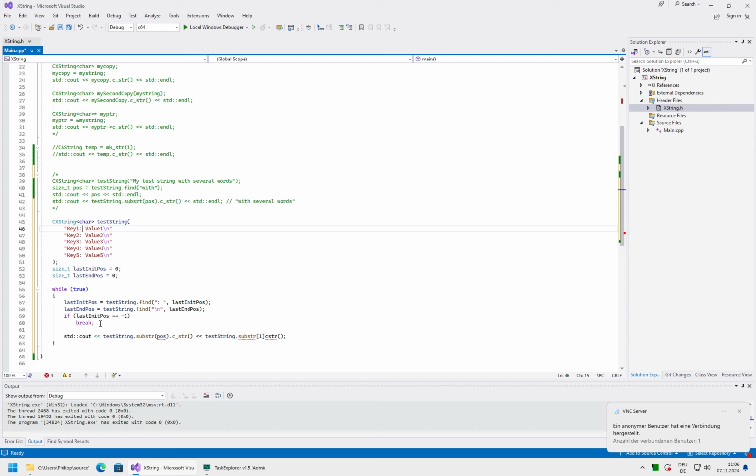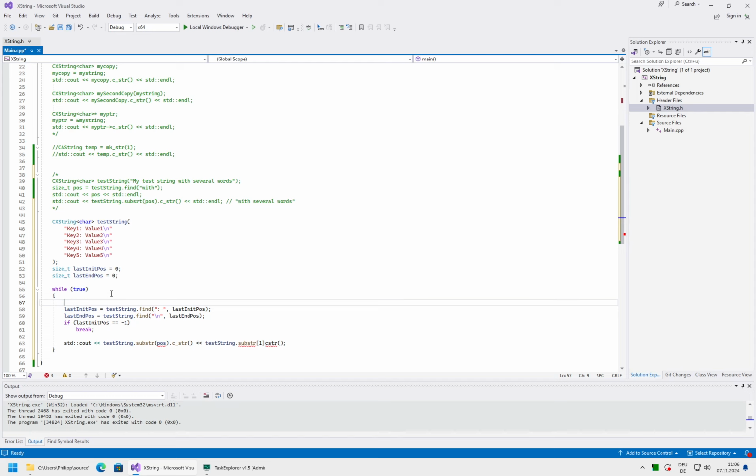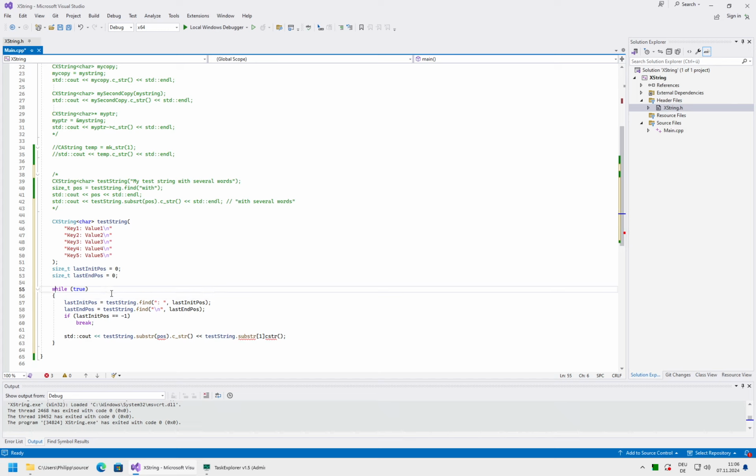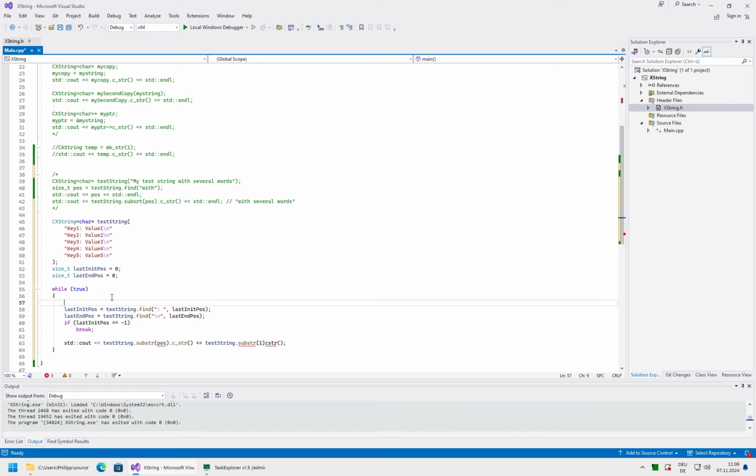You could check if last position is 0, then you know that that's the first. But what do you want to print? You don't need to print Q1. What you need to print is, let's say you print before the loop values, double point, and then you just print the values, and you only need to check it at the beginning of the loop. If last position is not 0, then you print comma before you print the value.